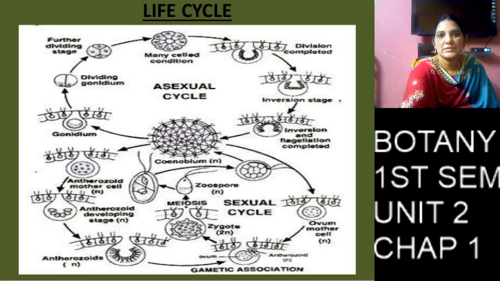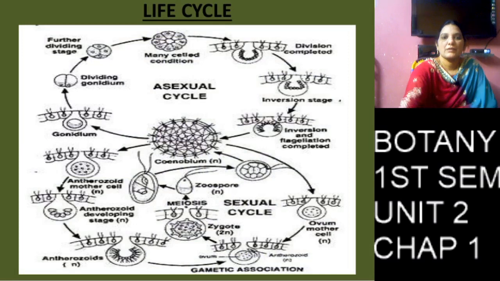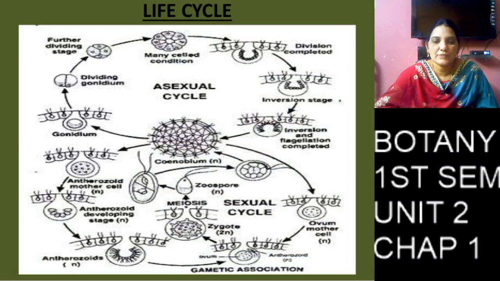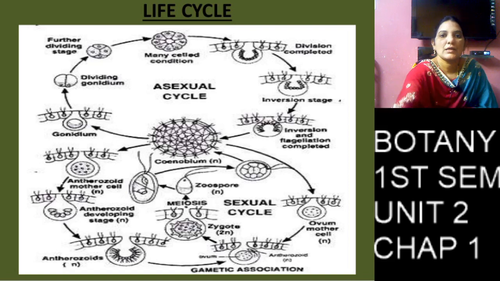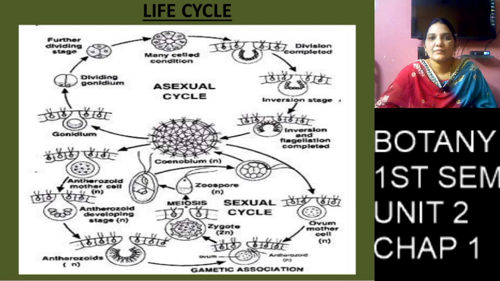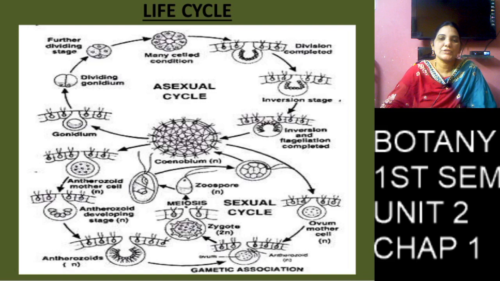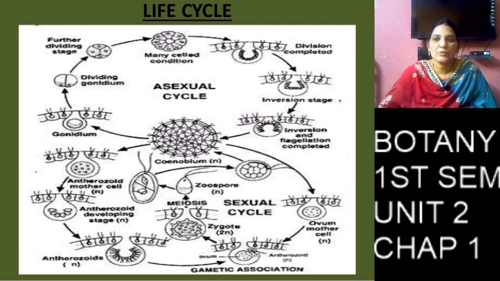So this is the Volvox life cycle, asexual reproduction and sexual reproduction. Here we can see the life cycle. Asexual reproduction: I tell you once again, the single cell loses its flagella and the single cell changes into a gonidium, and the gonidium undergoes some division and is divided into 2 to 4, 4 to 8